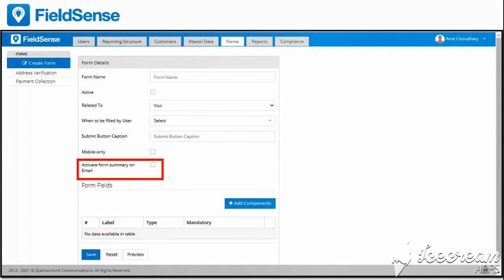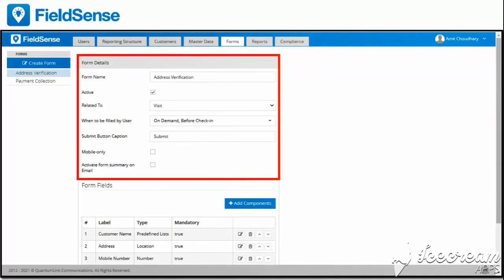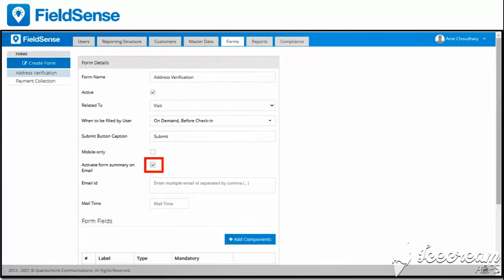Let's see how to enable this setting. So this is the setting, but I'm going to enable it for an existing form. So I'm going to select the form, and under this form there is an option, activate form summary on email. To enable this setting, simply check it like this, and then you will get two options.